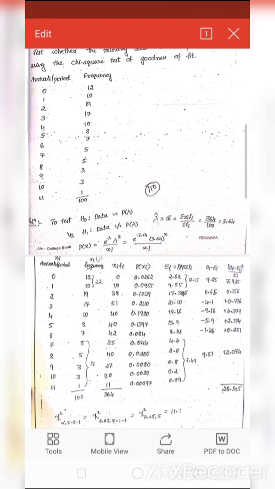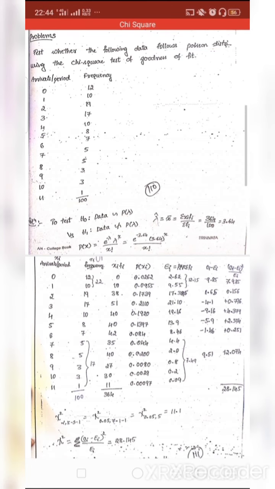So I can find the mean now. You can see in the previous, the formula is lambda equal to x bar equal to summation of xi fi by summation of fi. After doing this summation, you can see the third column, that is here 364, right? 364 divided by 100, that is 3.64, right? Now you can substitute in the p of x. After substituting, we will get p of x equal to e raised to minus 3.64 into 3.64 raised to x divided by x factorial.